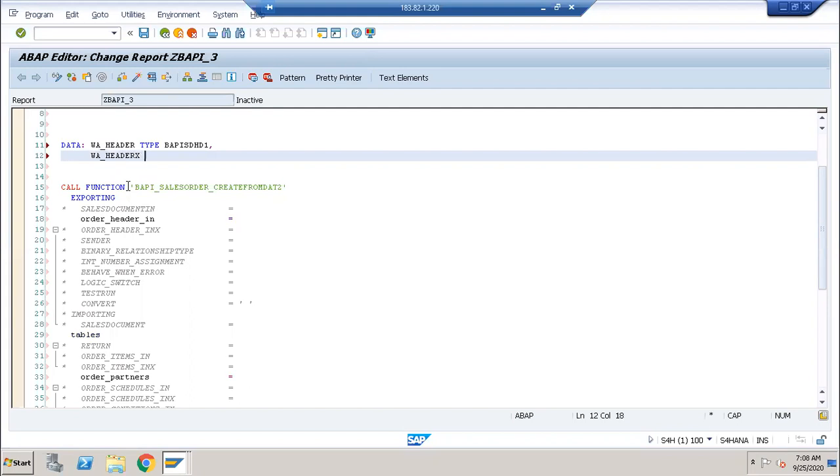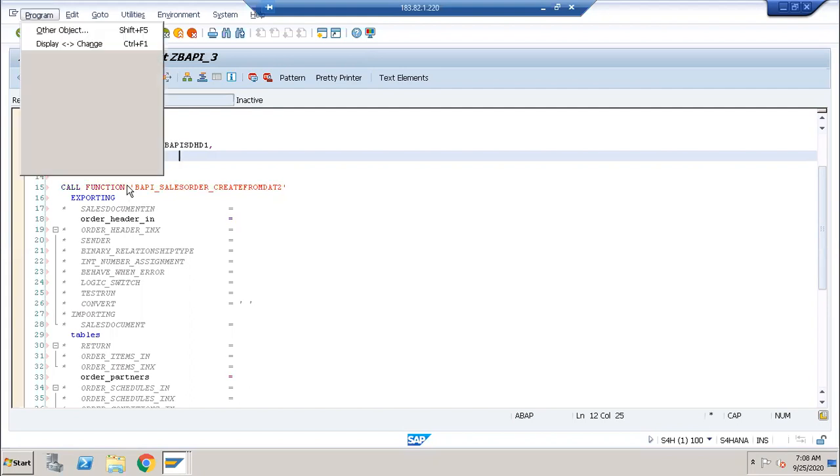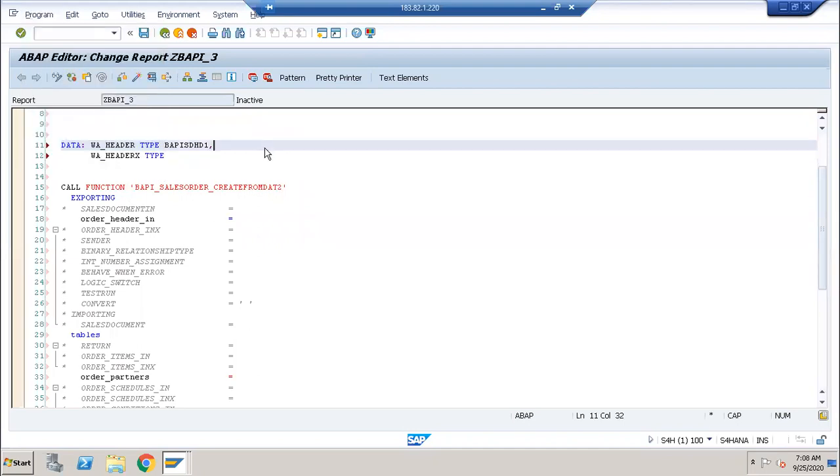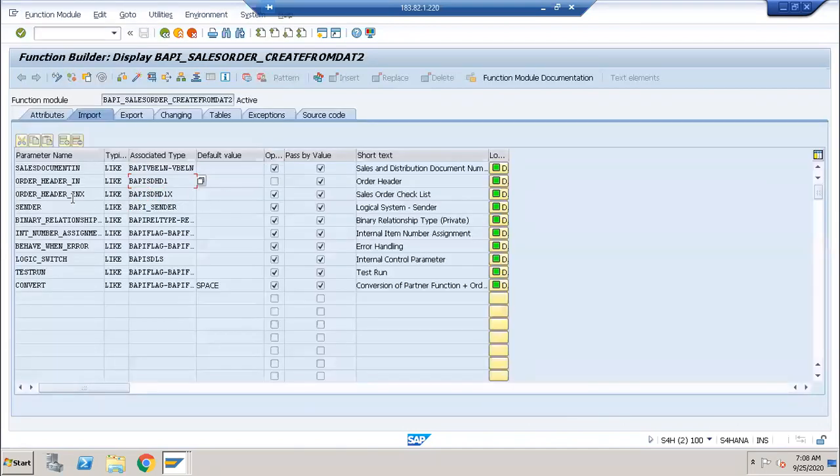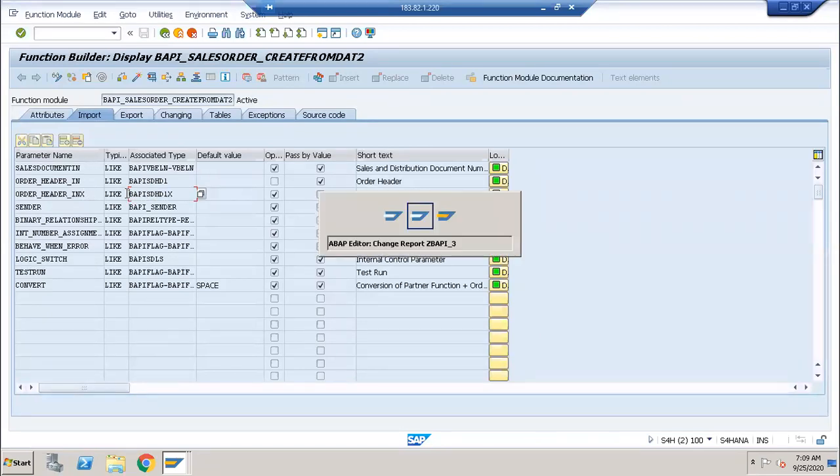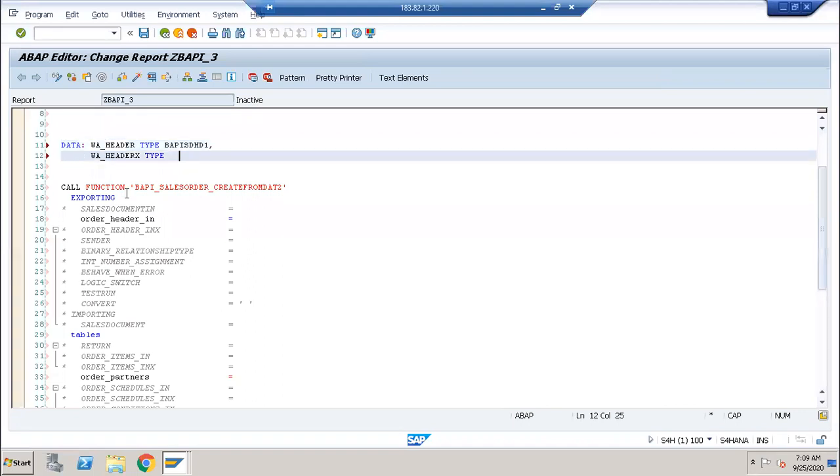I don't know the type, so I will go to the function module. This is ORDER_HEADER_INX, so I will copy this associated type. I'm just declaring the work area.